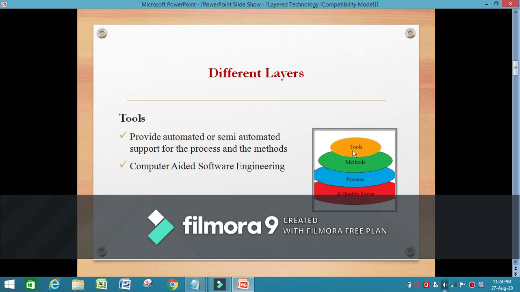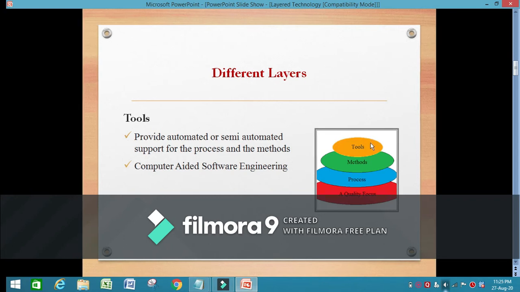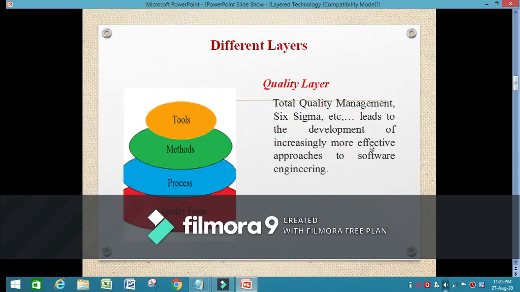Then the next layer that we are going to discuss is the tools layer. This tools layer contains some automated or semi-automated software which helps us in the development of the software product. All those software tools are collectively called computer aided software engineering. And the other layer that we are going to discuss is the quality layer.